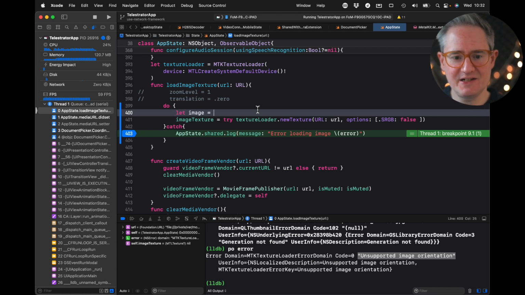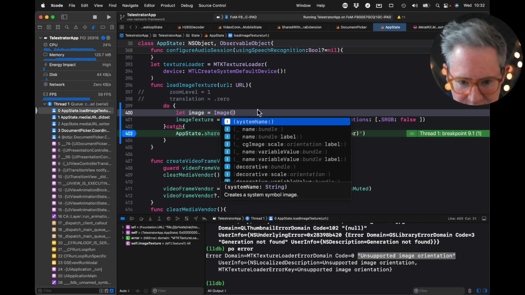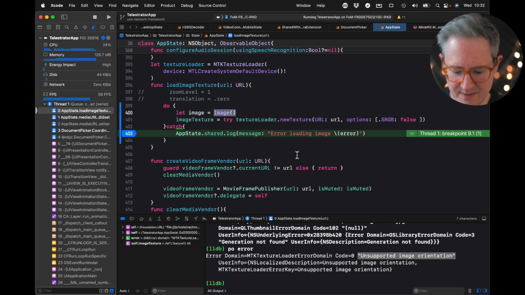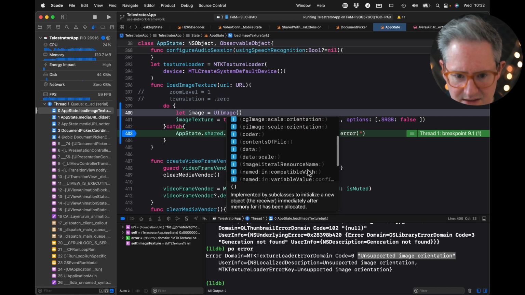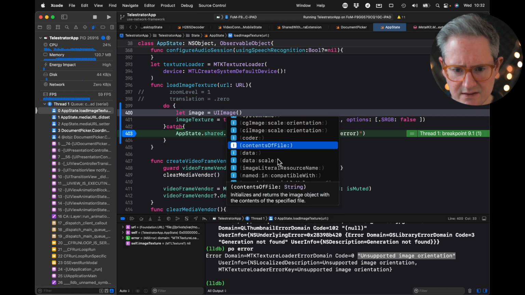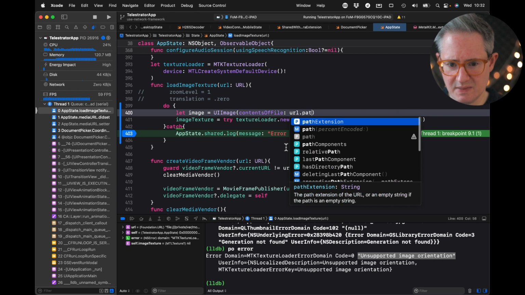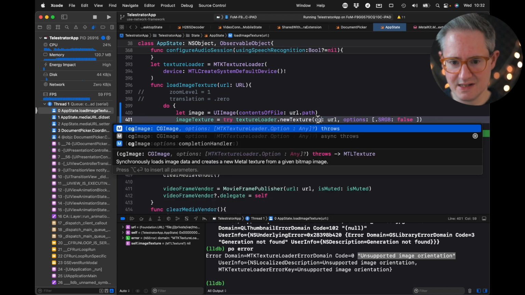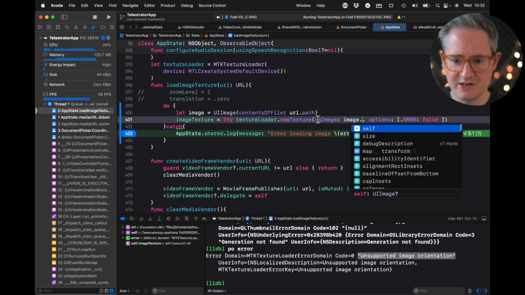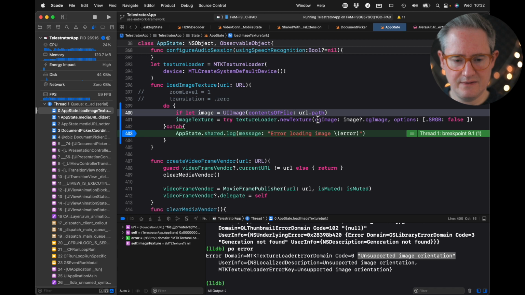Let image equals image. Is there a URL? Sorry, it's UIImage, name, data. Where is that? Is there not a contents of file and then URL.path? And then we're going to ignore that it wants a new thing there. And then I'm going to say, use the CGImage of image.cgImage. If let